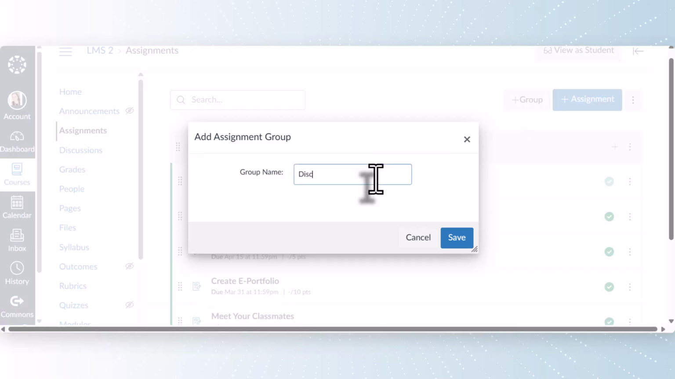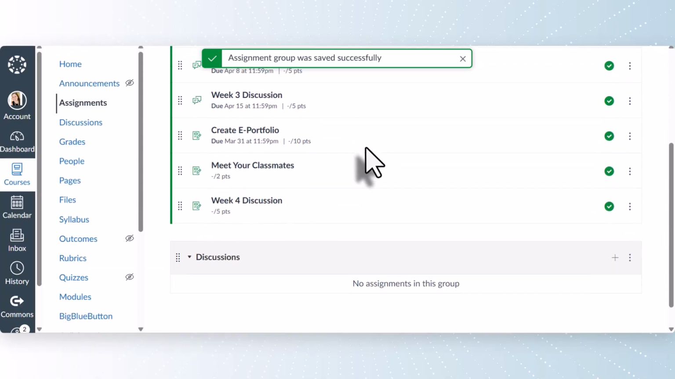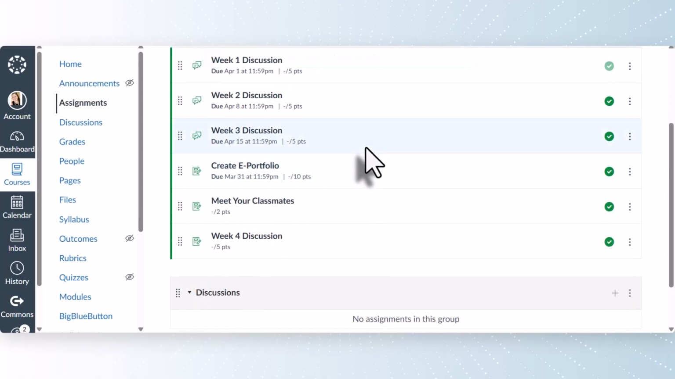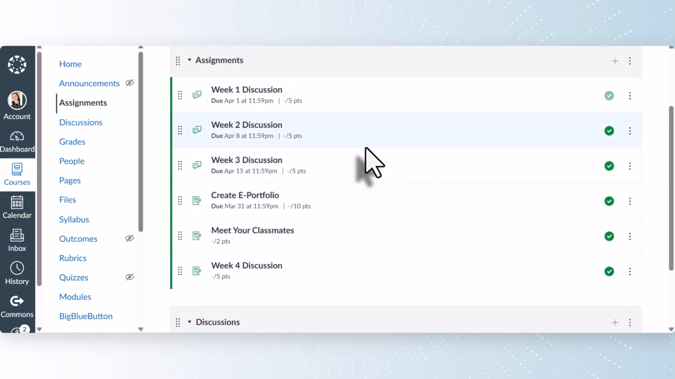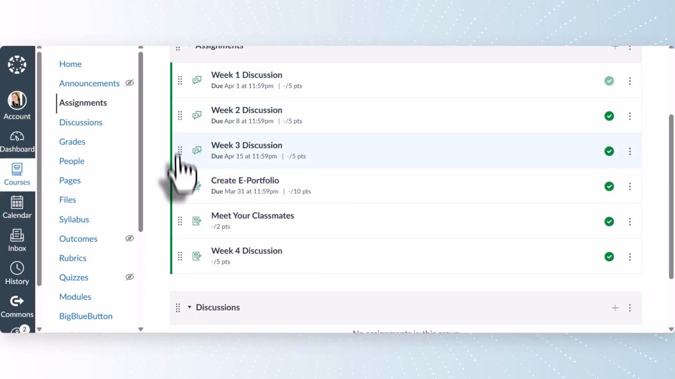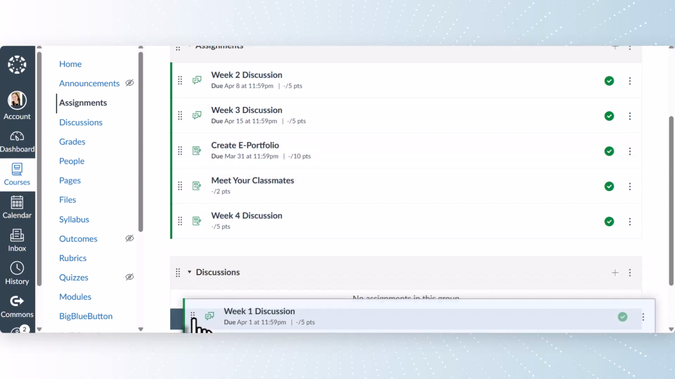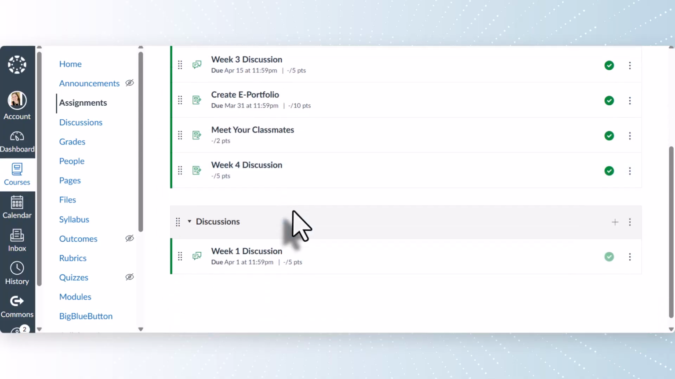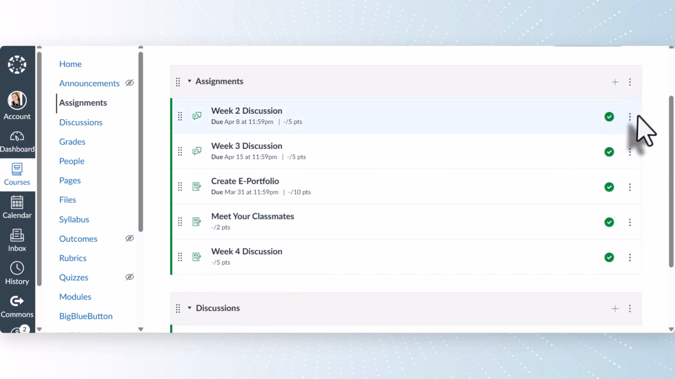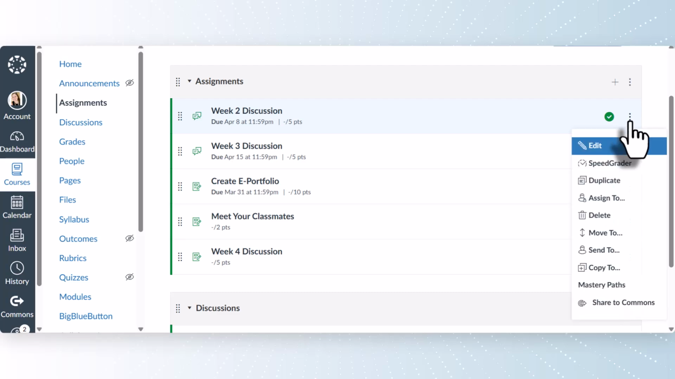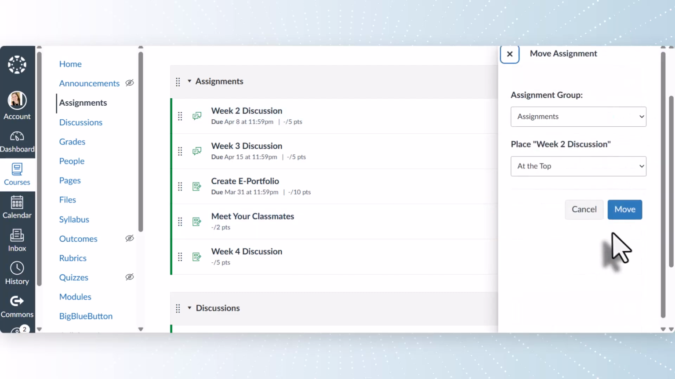So in this case, I'm going to put discussions since I had several of those. So here you can see I have my discussions. There's a couple of different ways to add them here. You can either click and drag, and now it's listed in discussions, or I can click these little 3 dots here, move to,